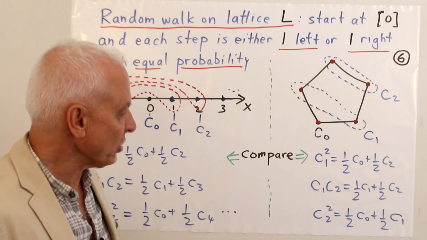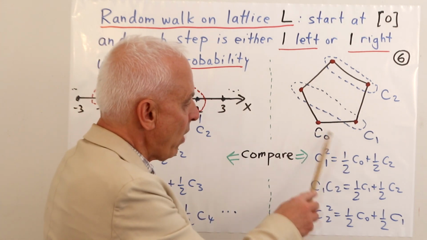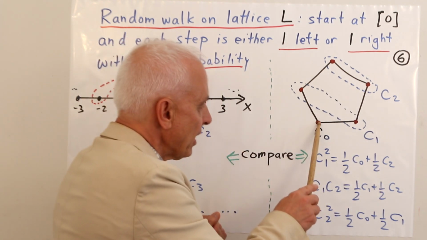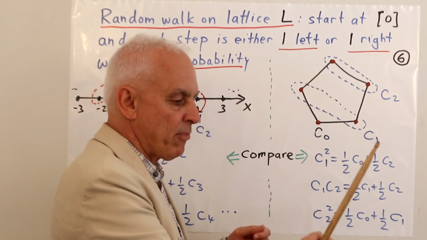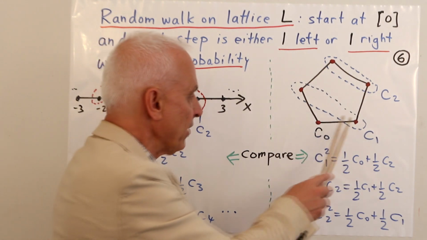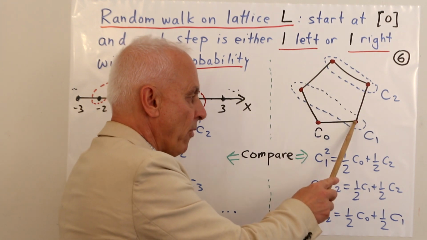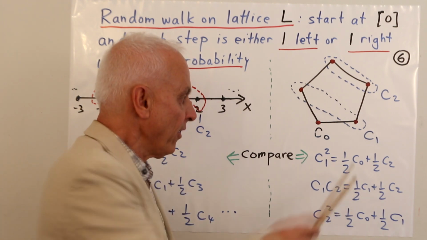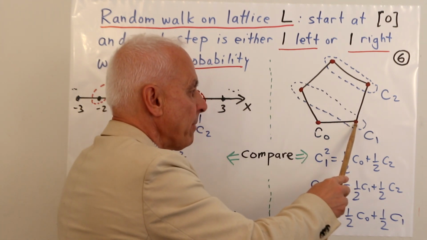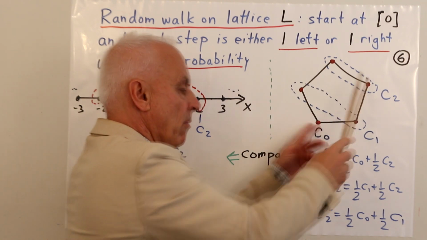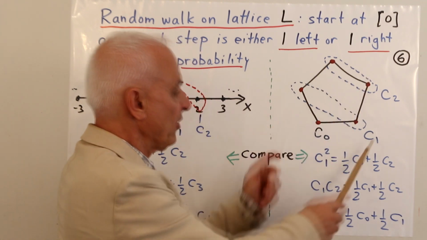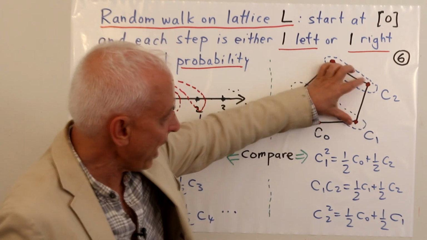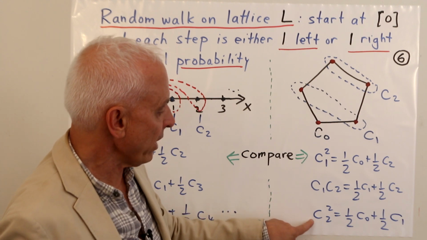It's actually a very special kind of case, where C1 squared was 1/2 C0 plus 1/2 C2. The meaning of this is that if we start here and take a random step of size 1, we either end up here or here, and then from wherever we are, we take another step of size 1. So let's say we're here at the first step, then our next step sends us to here or to here with equal probabilities. So we have a 1/2 chance of being at C0 and a 1/2 chance of being in C2. And similarly, there's a relation between the product of C1 and C2, and C2 squared.